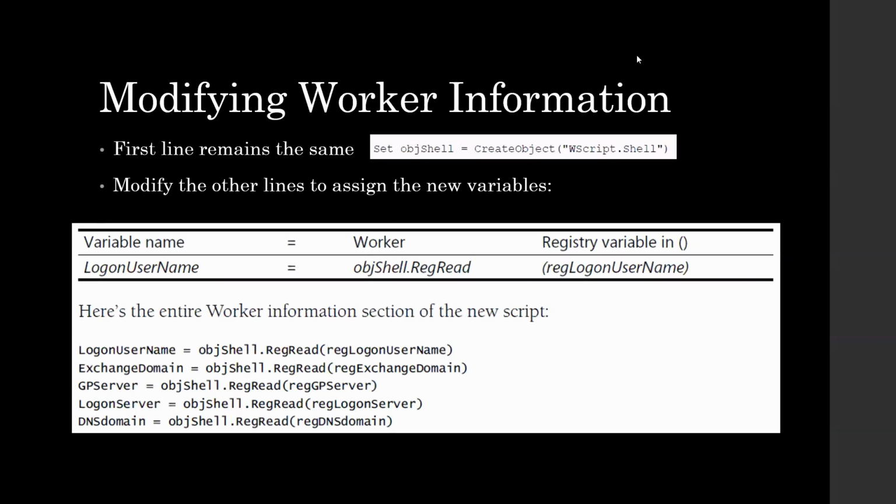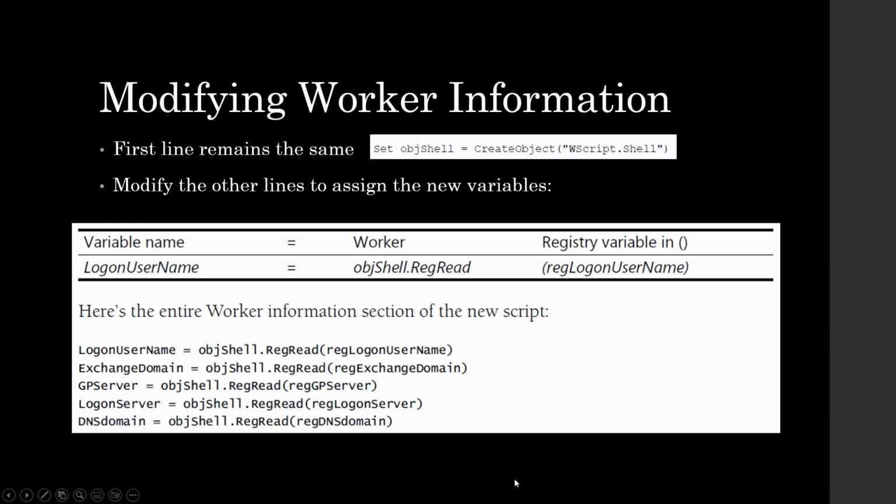So now we're going to modify our worker information. The first line is going to remain the same: set object, create object, WScript shell. It's going to be within that object shell that we get all of those registry keys. So in order to add those new variables into the script in the worker section, we're going to use the syntax of variable name equals the object shell dot registry read, and then the registry variable in parentheses. So the data logon username is going to equal the object shell registry read and the registry key for the logon username. So you can see here we've put our pairs matching for each other,